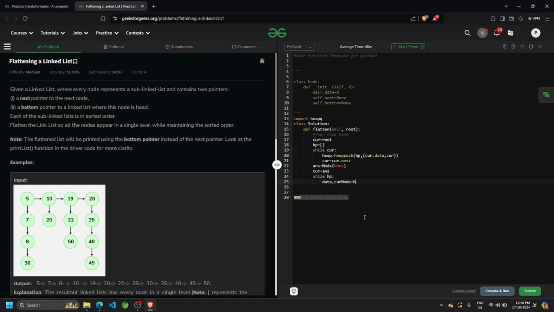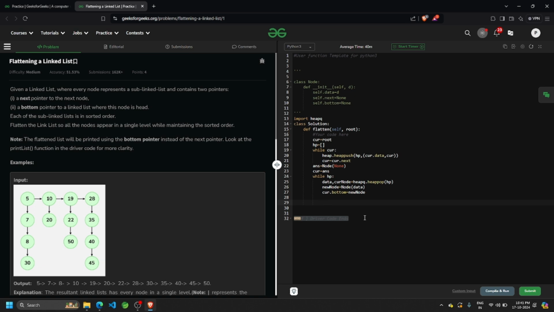Cur node is equal to from heap. So you pop the current data and current node from the heap, and create a new node from the data, and cur dot bottom is actually equal to new node,